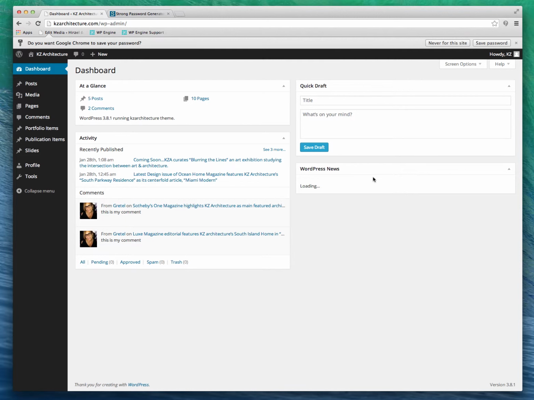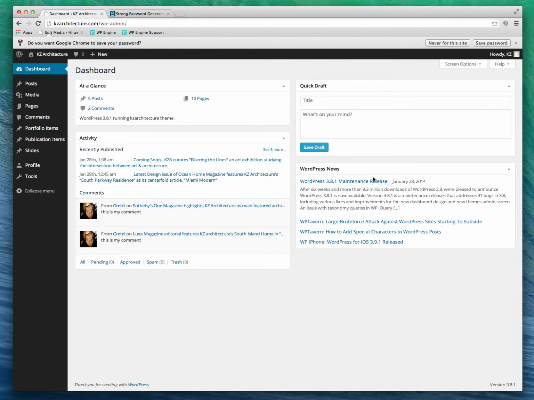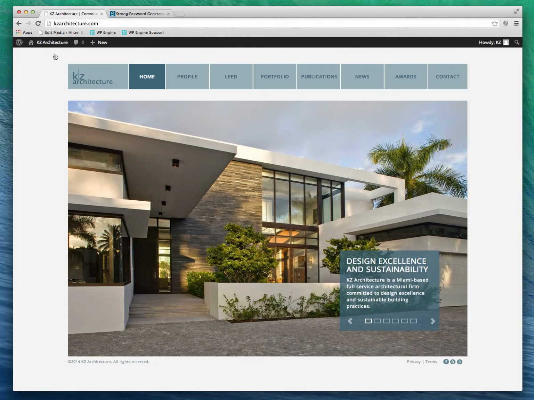And here's what the dashboard of the back end looks like. So you can always revert to see the front end just by clicking up here and taking a look. So let's begin with the home page, and I'll show you how you can change the images and the text. So if you go back to the dashboard, which you can do this way,